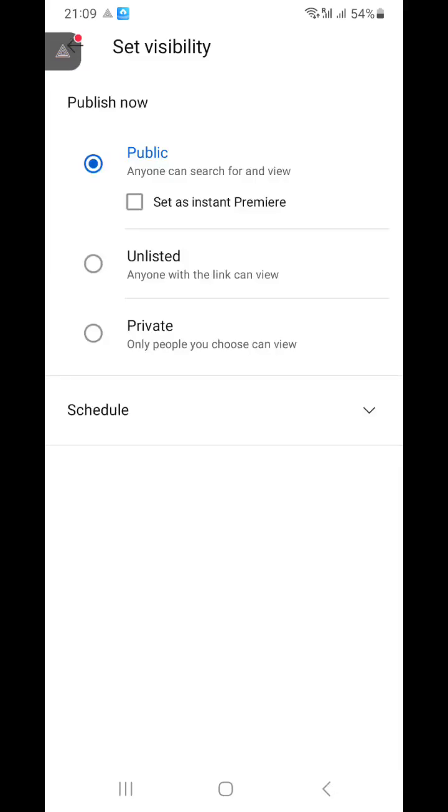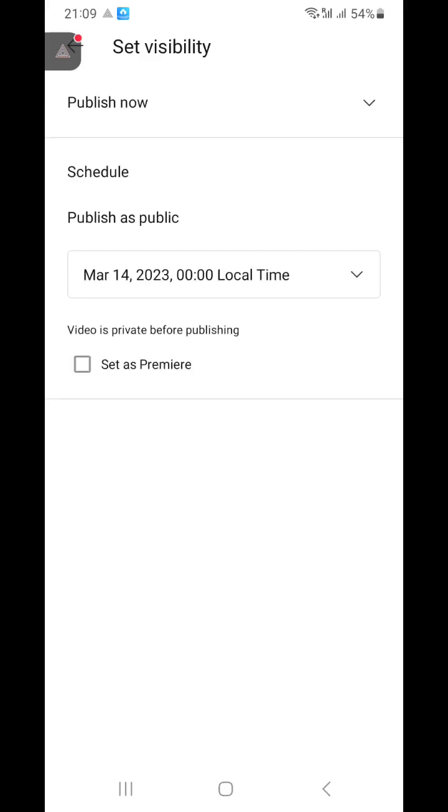So when you get to the public, you now come down, you see schedule. You click on schedule. Did you see schedule? You now come here, you see where they wrote video is private before publishing. So you click set as premiere. When you click on set as premiere,